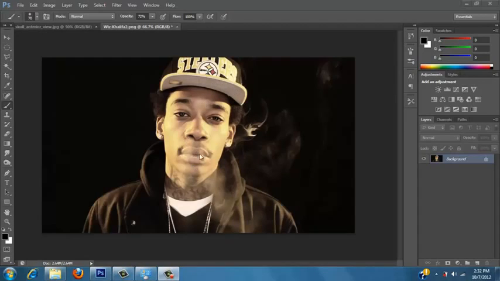Half human face, half skull face, and let's get started. So I got two images. Just Googled them. Got Wiz Khalifa here and a skull image. So first of all, I want to take this Wiz Khalifa image and duplicate it,